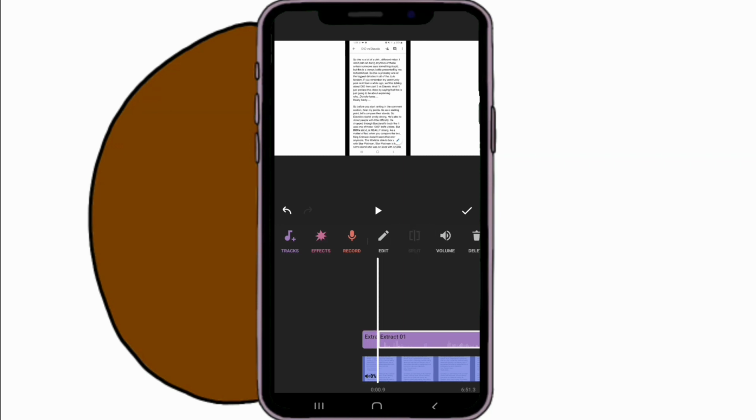You can split it here. Usually I just use the split, because if I mess up on something, I'll stop and then I'll redo the line. So let's say you see this little blurb right here. Let's say this is a mess up. So I will just take the beginning of the blurb right here, and then the end of it, which is about right here. And then I'll just delete it, and then stitch it back up, and then keep it moving. So that's basically how I audio edit.